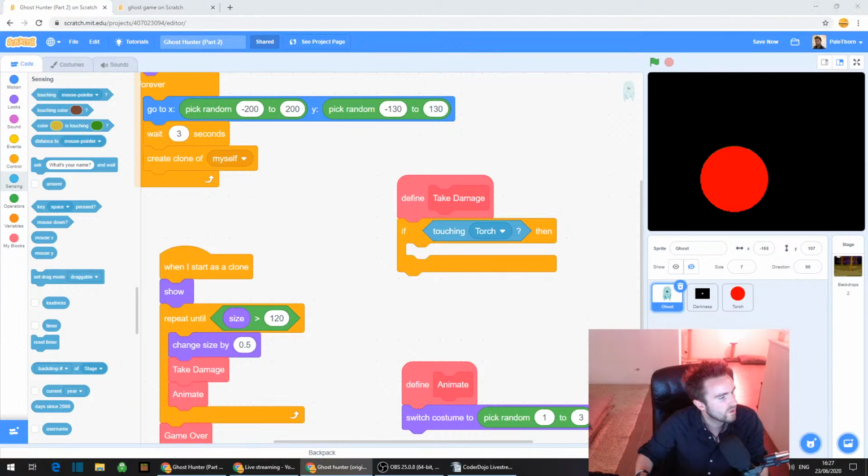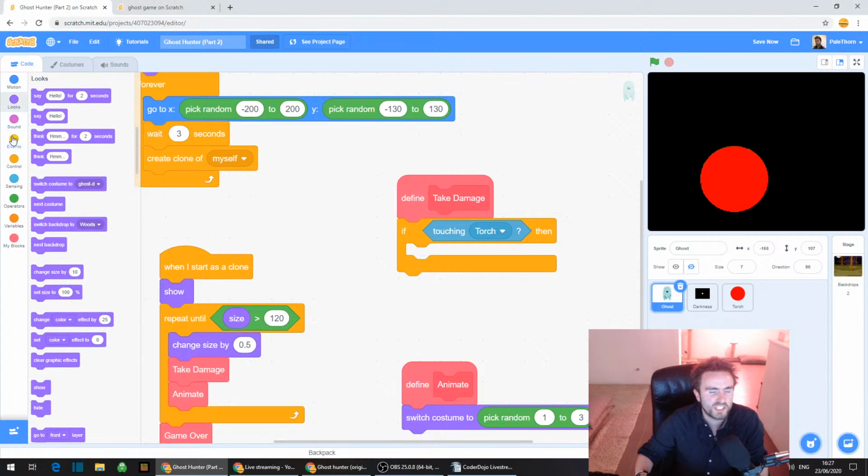So, the first thing we are going to do is use our ghost effect again, which we used before. Now I understand this is a bit confusing because I have ghost sprites and also Scratch has a ghost effect. So if you're a bit confused about that, just ask me in chat and I can clarify.